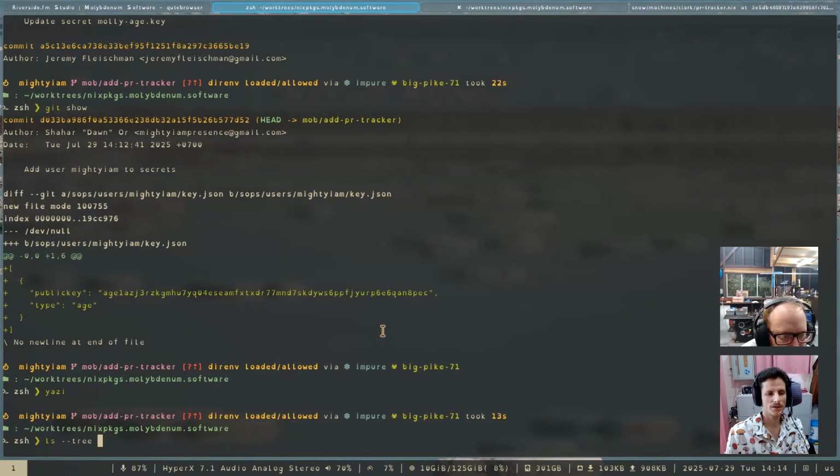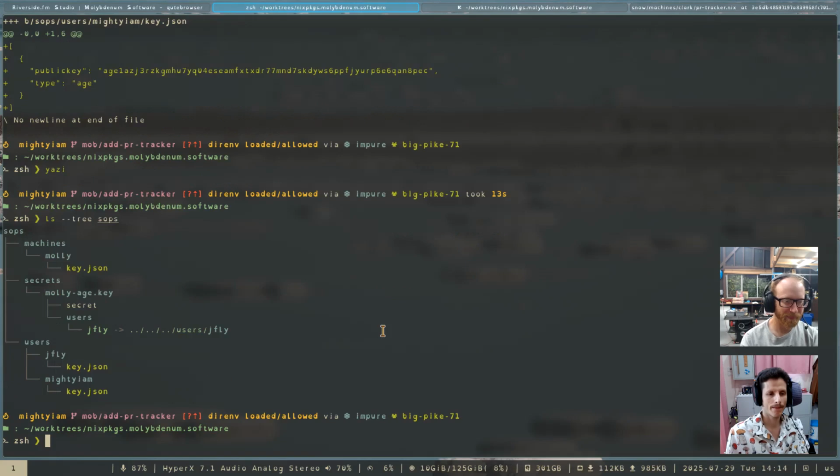My ls is okay, great. Exa, a project that has users, I think, is its subtitle. Very amused by that one. SOPS. Cool. Okay, so see how in the secrets directory there's Molly